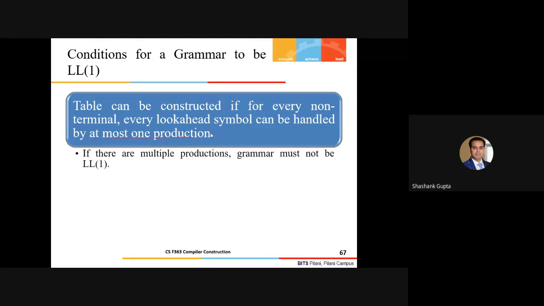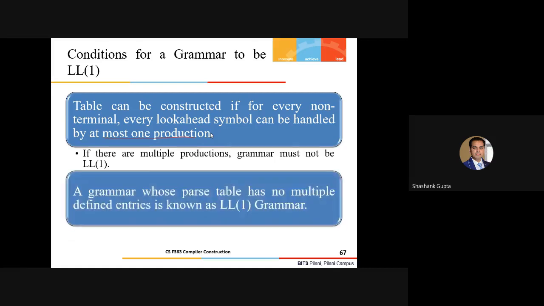If there are multiple productions, then the grammar must not be LL1, which means it is ambiguous. It has multiple entries showing multiple representations; the parser is not sure whether it should push this right-hand side or the next one, right?